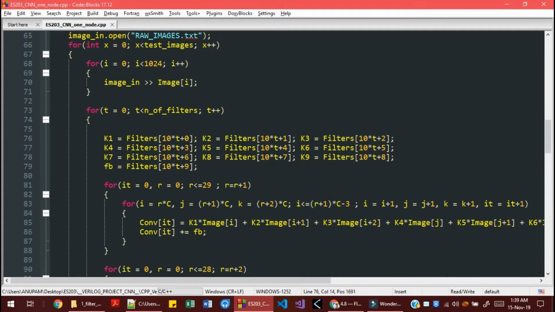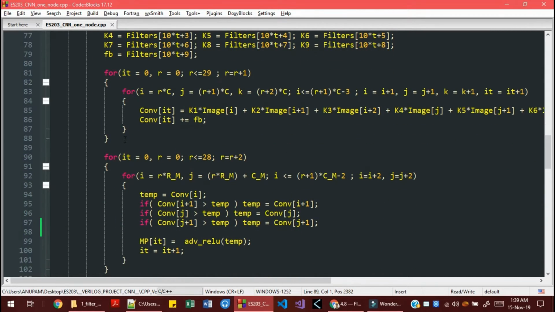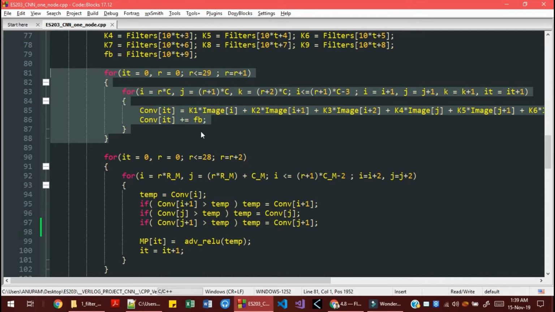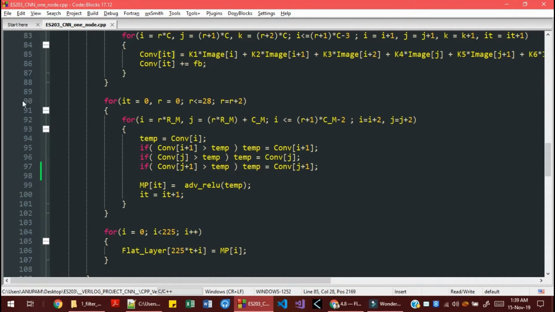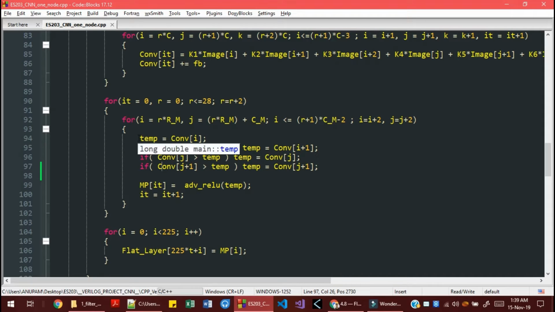These constants k1, k2, k3, k4, k5, and similarly so on, correspond to the fashion in which the convolution actually happens. After the whole convolution process, I'm adding a bias to it. So till this point, the whole convolution process is complete. Here I'm doing the max pooling. My max pooling filter size is 2 cross 2. The output of the convolution is of size 30 cross 30, so the max pooling output size is 15 cross 15.